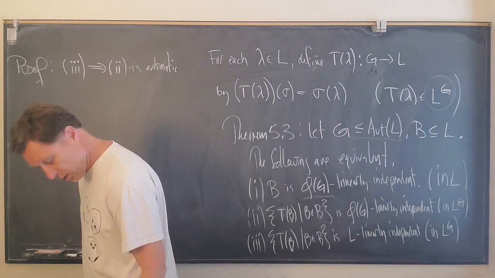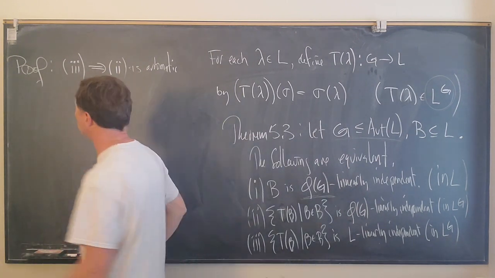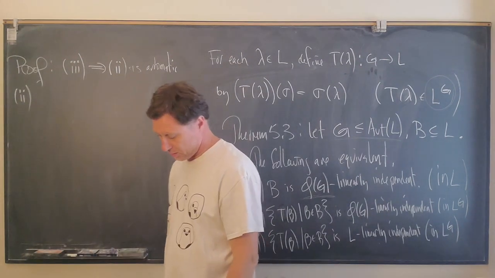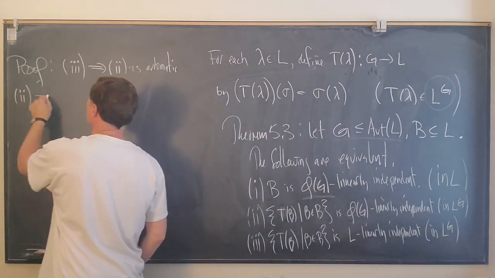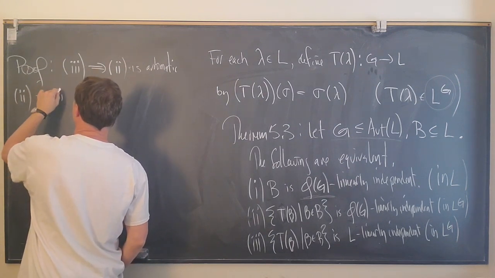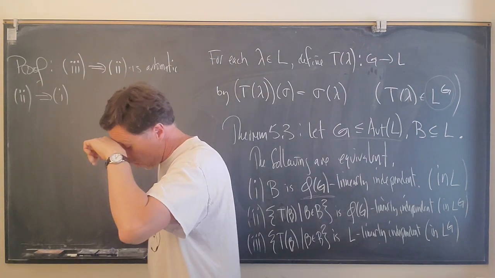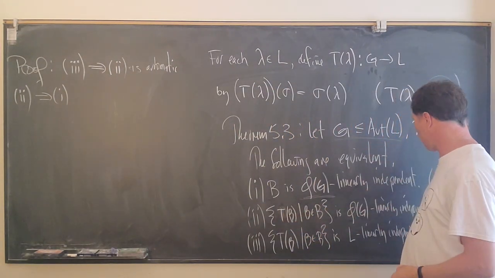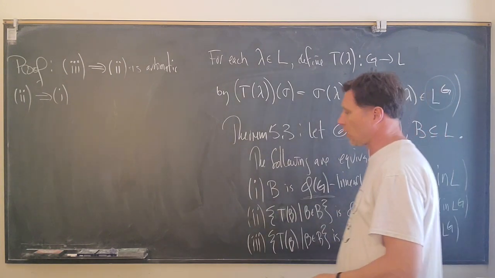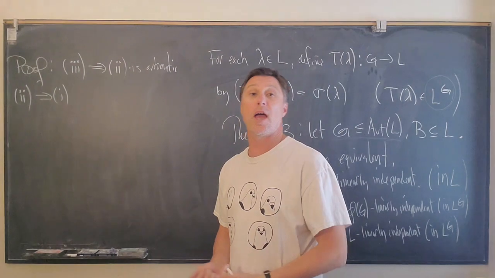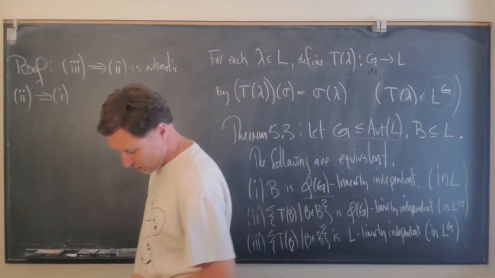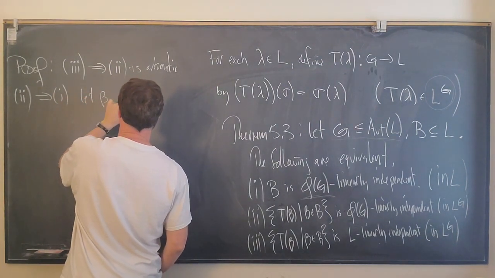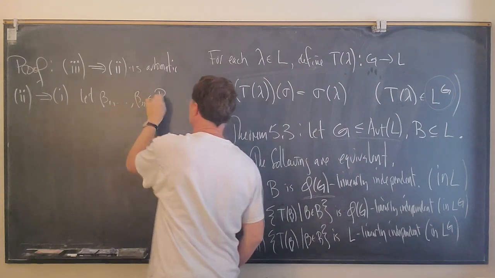So now we're going to do 2 implies 1. And this is just really going to be a Math 306 kind of proof. So 2 implies 1 is what we want to do. I'm going to assume that we've got linear independence, and then we want to show that B is linearly independent. So I want to take a linear combination, set it equal to 0, and show that all the coefficients have to equal 0. So let beta 1 up through beta n be in B,